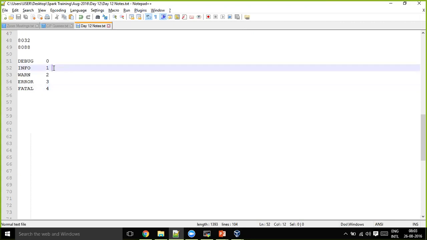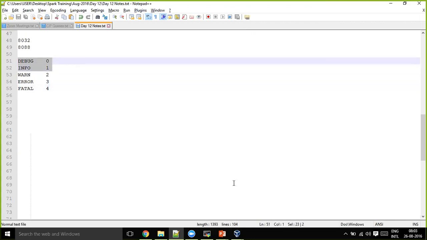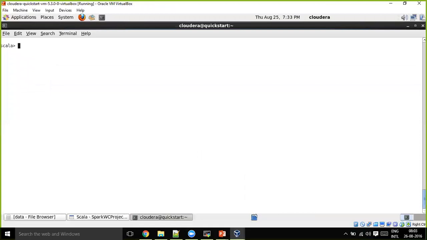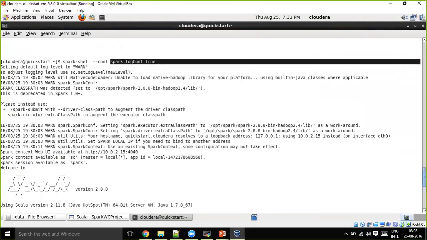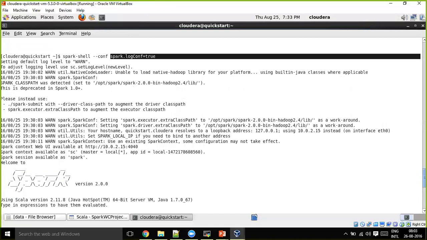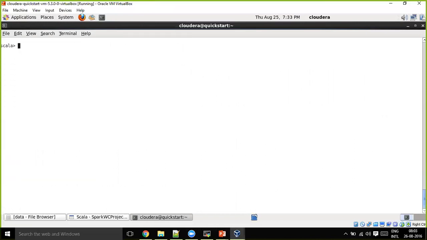That's why, by default, starting from Spark 2.0, it has set that log level as 1. That's why in the latest releases, we are not getting that many info messages. Otherwise, our screens were getting flooded with all those information messages. That's good for one thing, and bad for another: tracking this configuration through the info messages. But anyway, we can do it with one more option, that you can create the Spark conf object here.